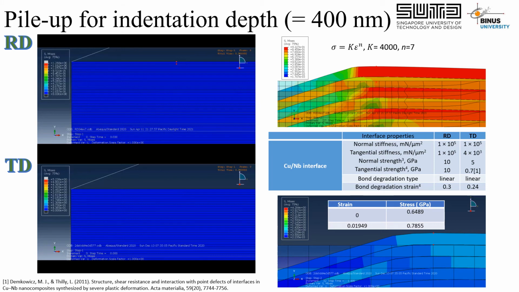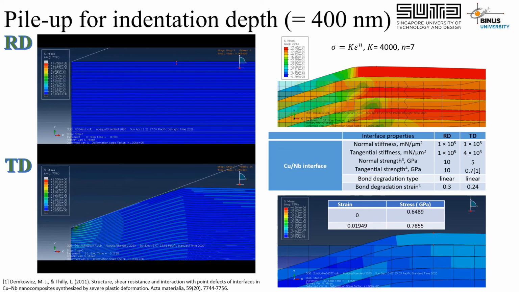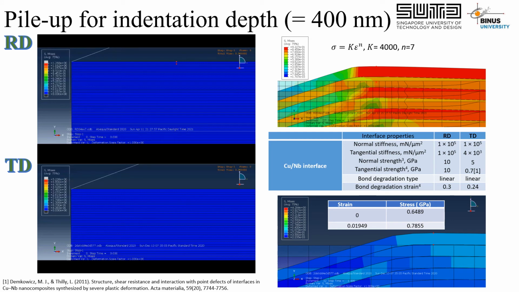You see that this is the original surface, so you see a pile-up that is pretty substantial in the RD direction, whereas in the TD direction, as the indenter comes into the material, it shows very laminar kind of stress distribution, which indicates that deformation happens more in a laminar manner, which is basically the layers sliding against each other. And because of that, right here in the surface pile-up area, you can see the pile-up is much less compared to what happens in the RD. So obviously, this is because of the numbers that we are using in the interface characteristic as well as in the layers. So there is some fitting that is happening here, but all that being